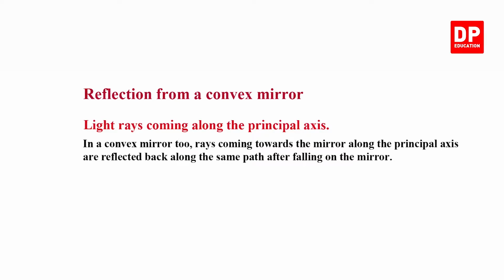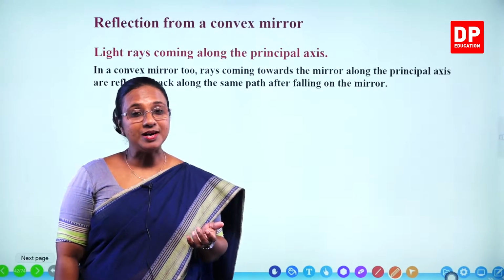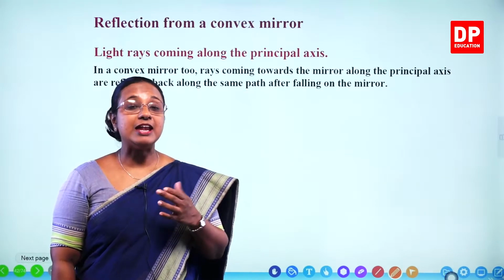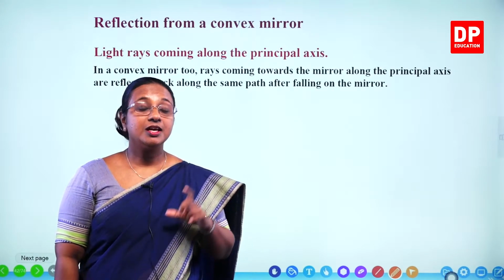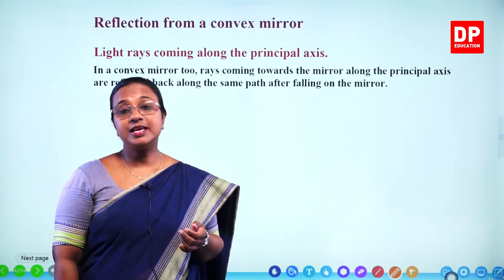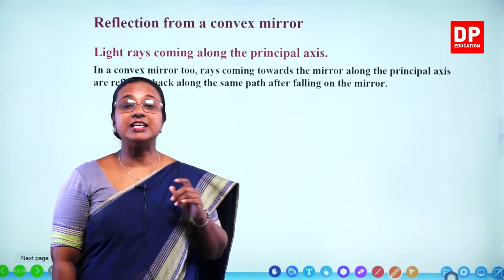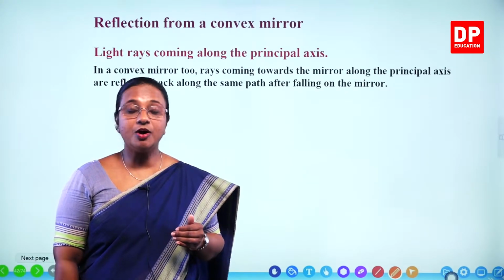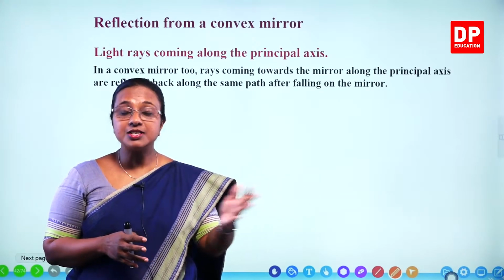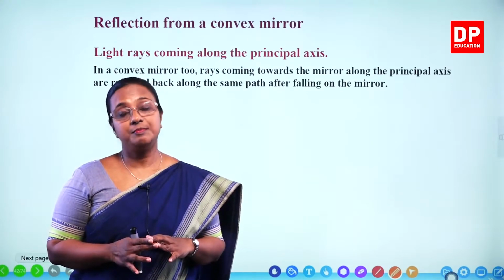Reflection from a convex mirror. So now students, you can remember how a convex mirror reflects light and forms images. Can you remember the side mirror of vehicles? How is the image formed? There you see the image that is smaller than the size of the object. So that is why we are able to look at a wider area through that small mirror.